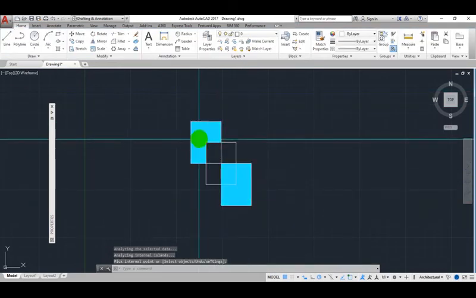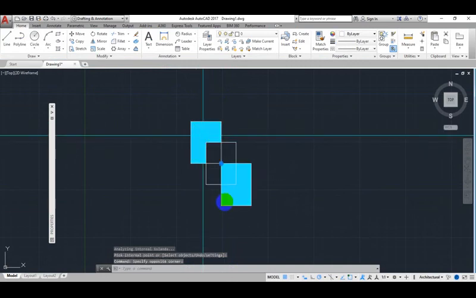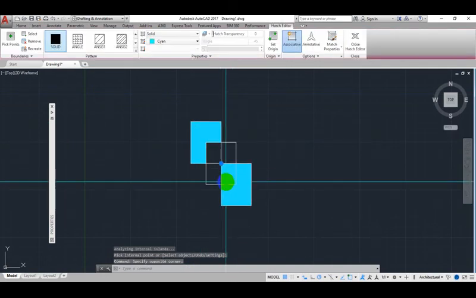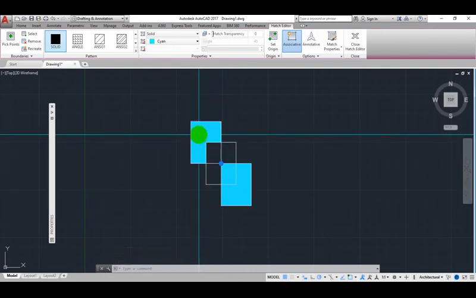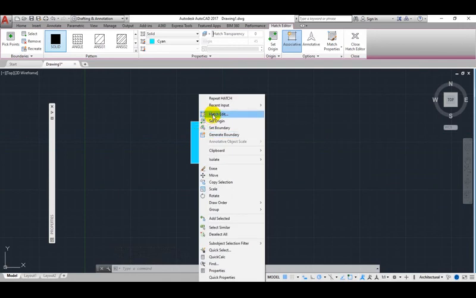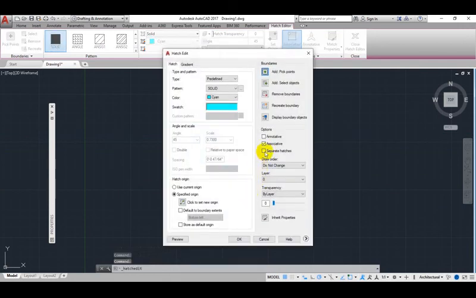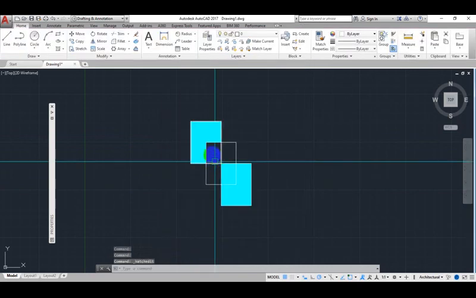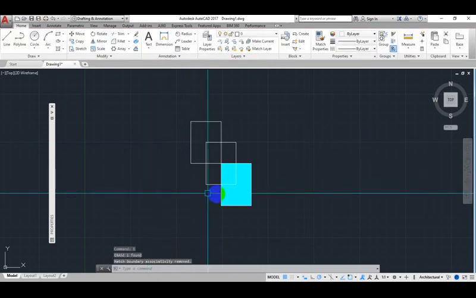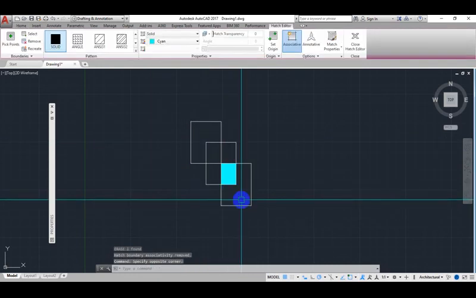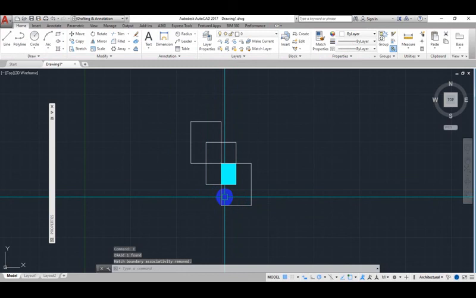Notice that if I select it, everything will get selected, but I want it to be separate from each other. So I select it, I right click, come to hatch edit, come here to separate hatches. So I click, I say okay. So when I do this, I can select this one, I erase it apart. So I can select this one, I erase it apart, or I can copy it.